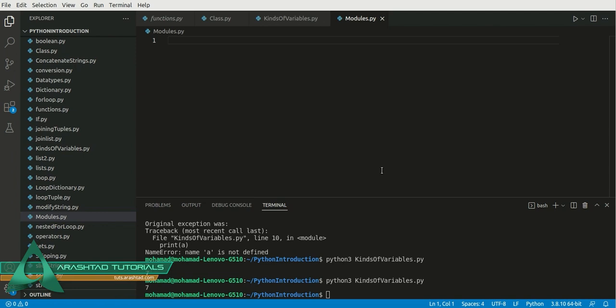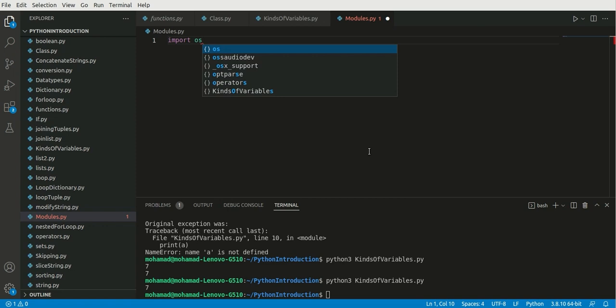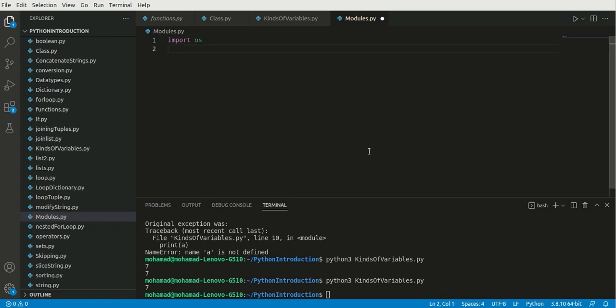So for example, we have the OS module, so we import these modules this way, like import os, or we have the time module, right, import time, or we have JSON, which is another module, import json, and so many other different kinds of modules. We have also math, one of the other important modules for